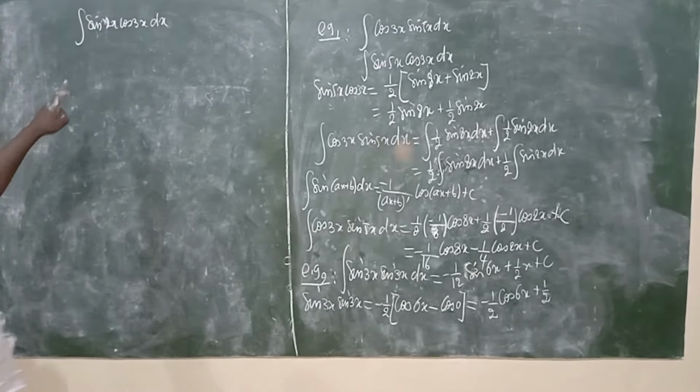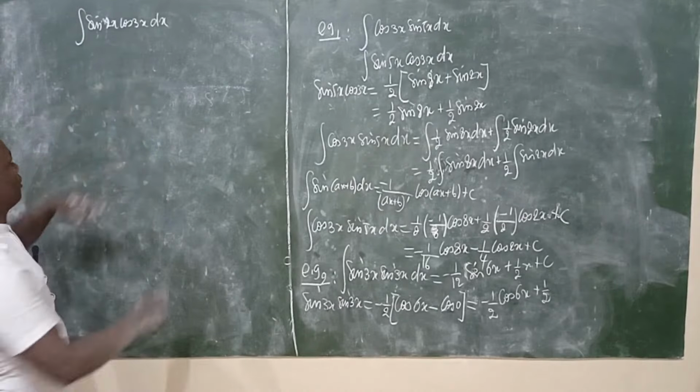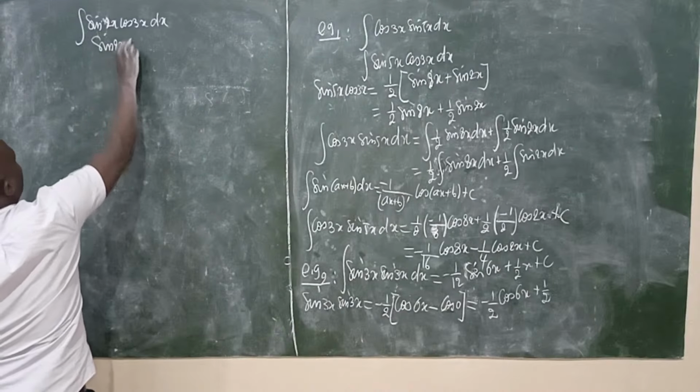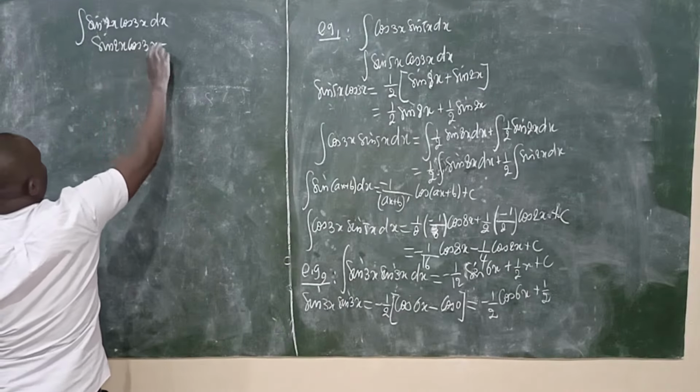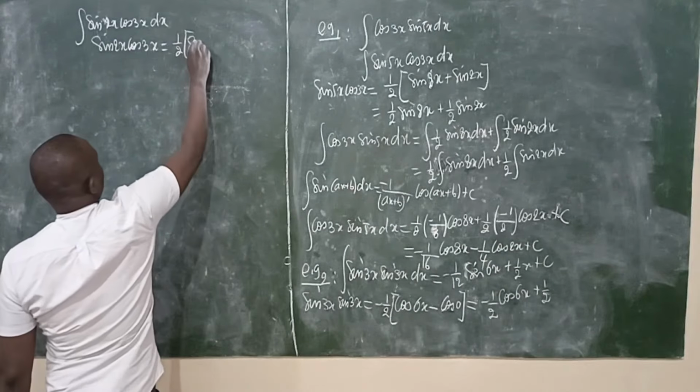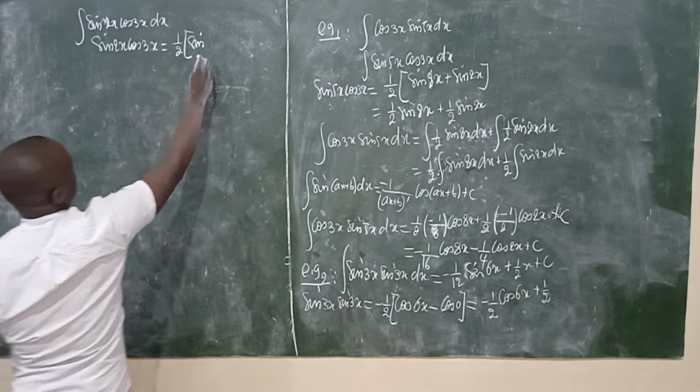Because here is a product of sine and cosine, we need to transform sine 2x cosine 3x as 1 over 2 times sine of 2x plus 3x, that is 5x,